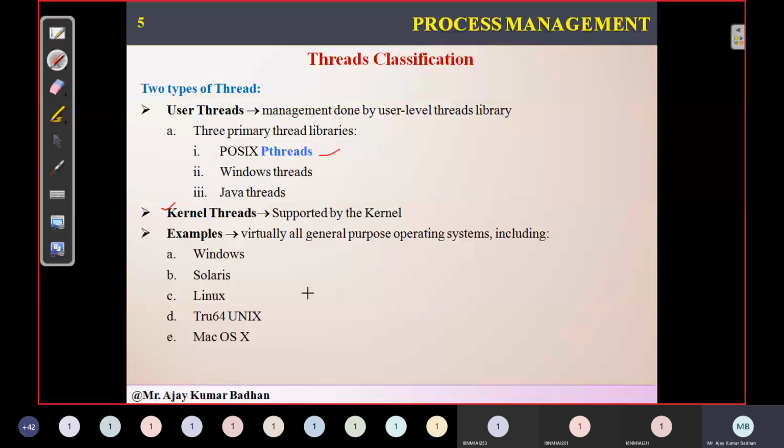So what are the different types of operating systems we have? Windows, Solaris, these all come under your Linux flavors, except the last one. The last one is entirely different. Till here, this all comes under Linux flavors, and this is your Windows flavor. This is Mac OS, related to Apple. So these are the different flavors we have. If you talk about Mac OS, which Apple uses, it will have a separate kind of thread, a separate kind of threading library, to execute the different threads.